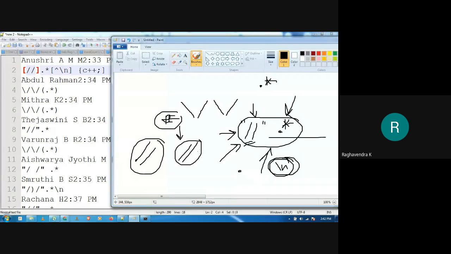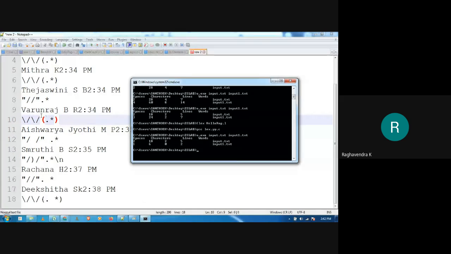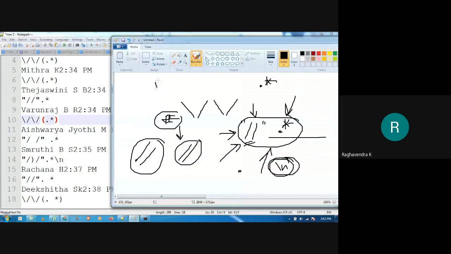Others have also specified, for example, Varun is once again trying to escape. Not necessary. You can literally specify your comment as starting with this and then followed by anything. Now you can be specific. If you are expecting that a comment line will only contain characters or numbers or any special character, you can mention that here, but it's not required.